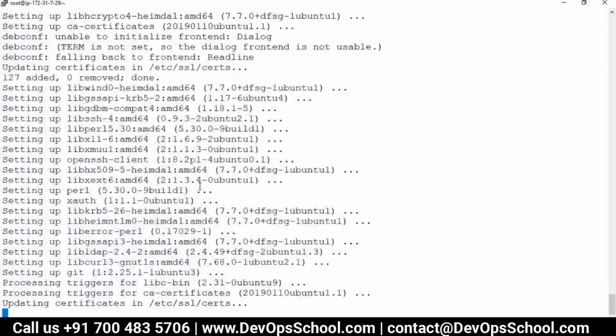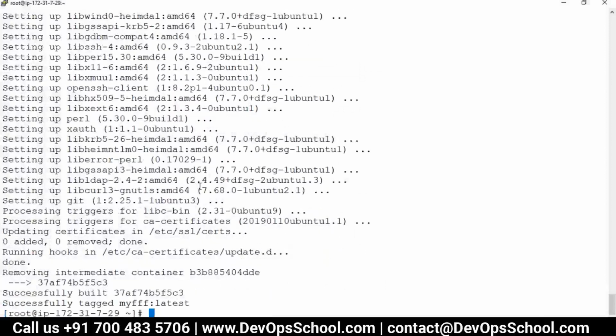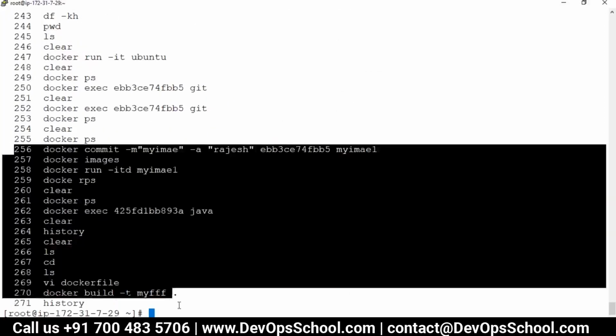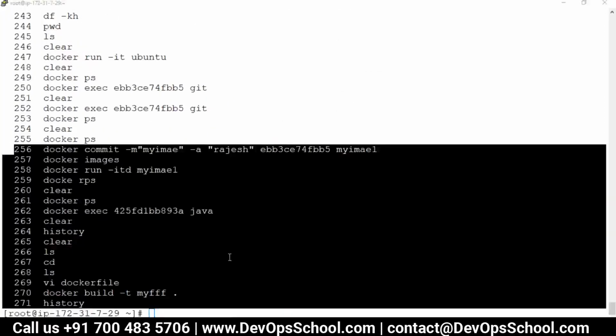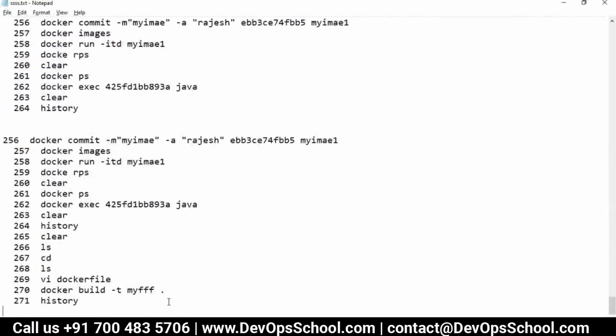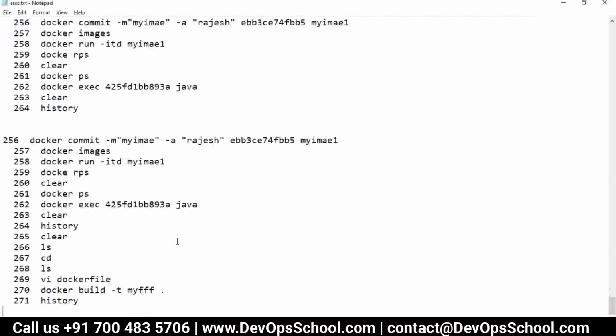Again, some advancement has to happen in this Dockerfile. This is the name of the file, or we can give it anything. You can give it any name, but by default it detects the Dockerfile. But if you give another name, you have to apply the -f option. Okay, so guys, this is the image.